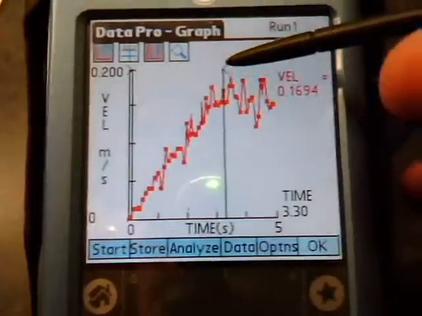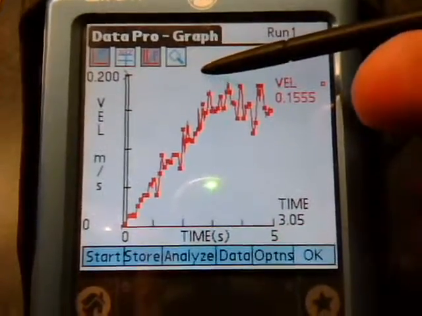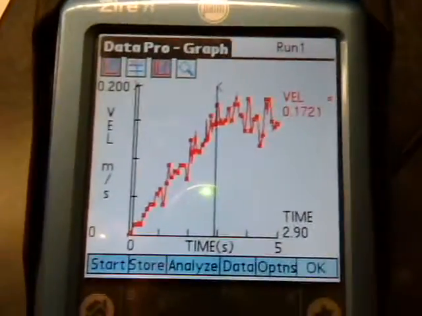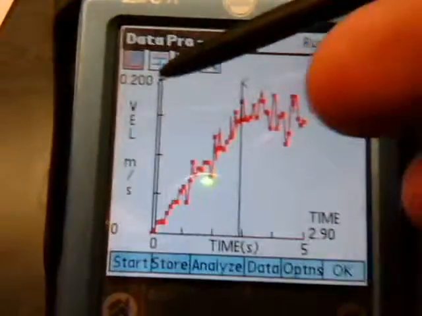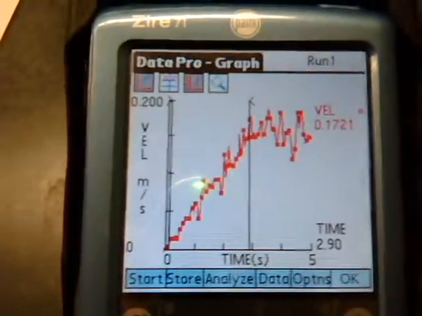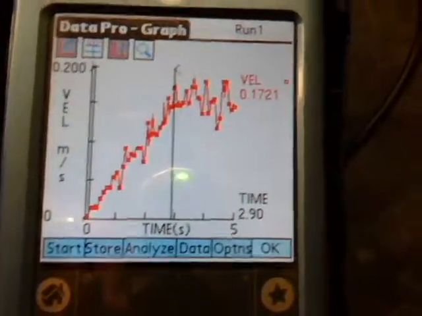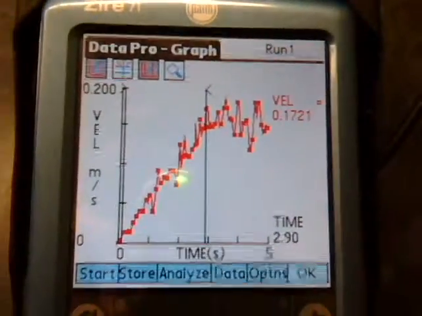Now, I don't like where that is, so I'm going to just drag it over. And you can keep moving over. And there I've picked a point that's the highest. So you can click to start it, and it's clicking to stop. Now, the nice thing about this feature is that you don't have to worry about losing any data because it won't go away. Now, once you've selected the velocity graph's region that you like,